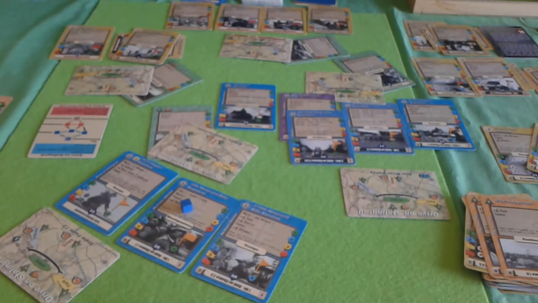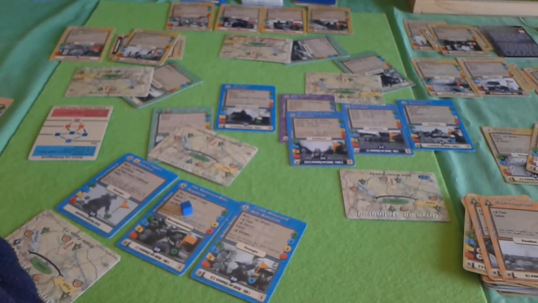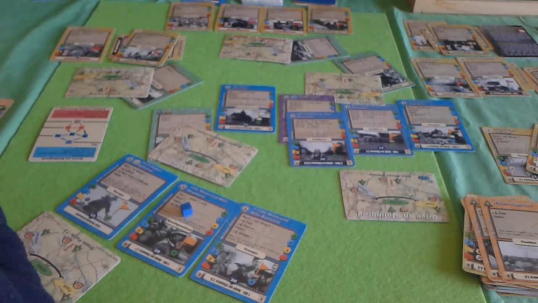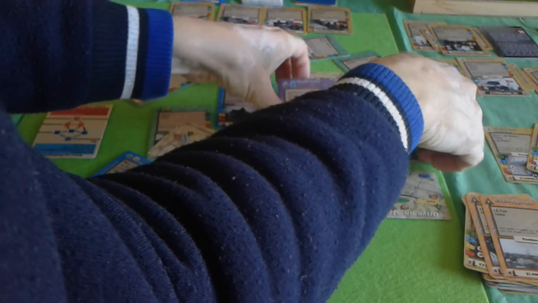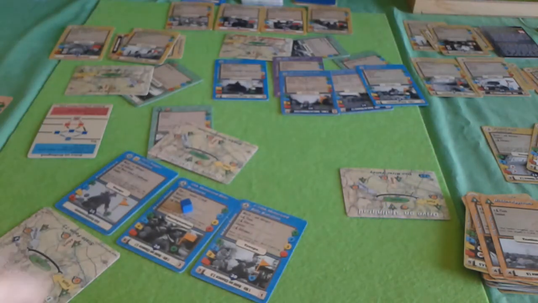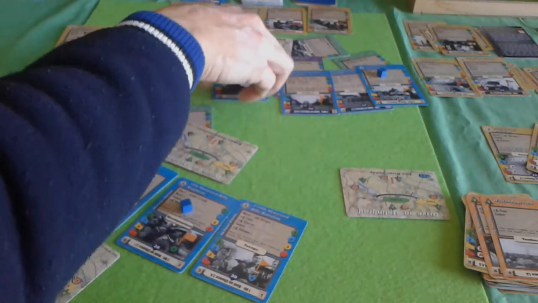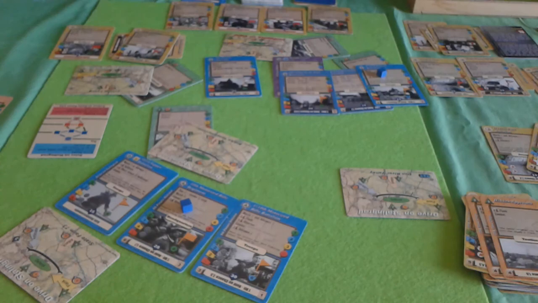And the Germans go to 3 orders. They can't obtain the objective. Finally they get 3 orders, but the best they can do is take out some units. So with that, they're just going to move forward, advancing, and then activating